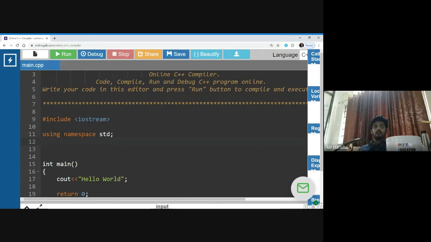For that, we have to label the functions or variables as public, private, or protected. Okay, so we will see one example of how we can specify this access specifier.